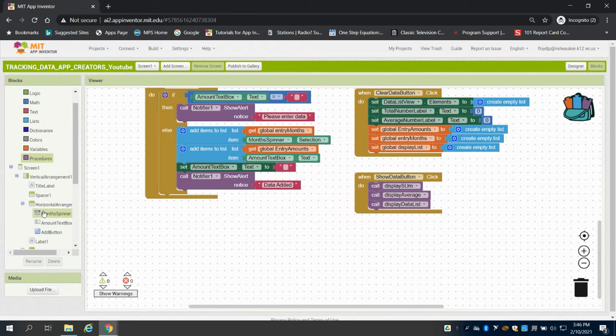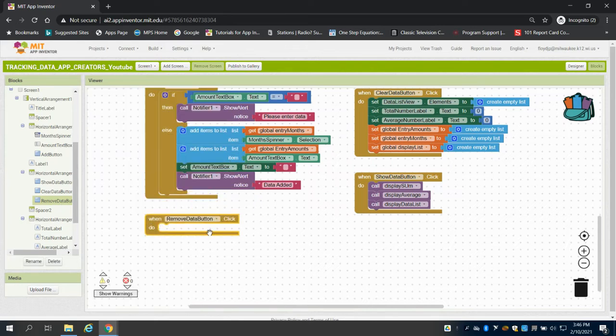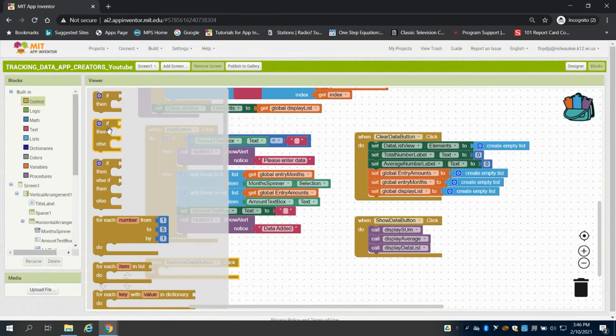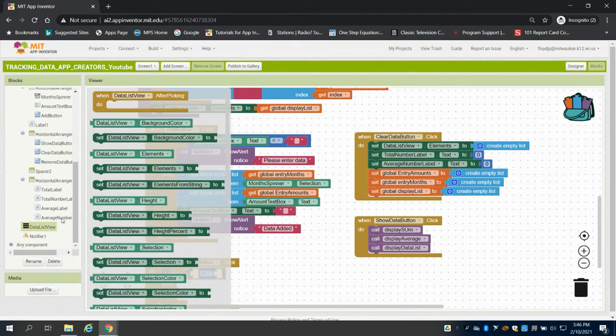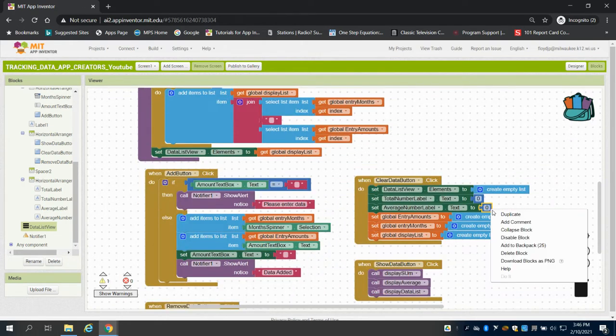So my remove data button, I'm going to come here, and quite simply, I'm going to use this same if then else statement. So I'm going to come up to my control, and I'm basically going to say if my data list is equal to 0, then I'm going to have my notifier say please select an item to remove. So I'm going to go to my data list view. So I'm going to come here to my list view, and again I'm going to do my selection index, and if that equals 0,